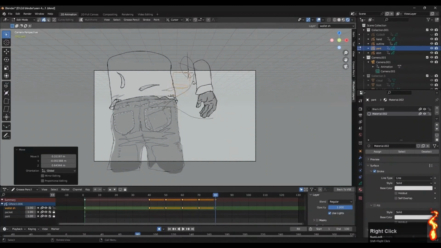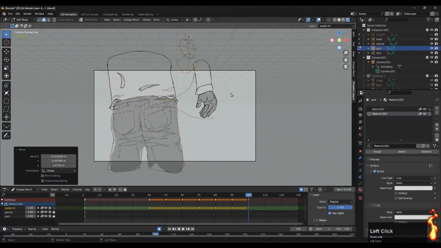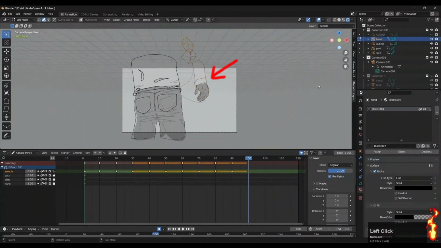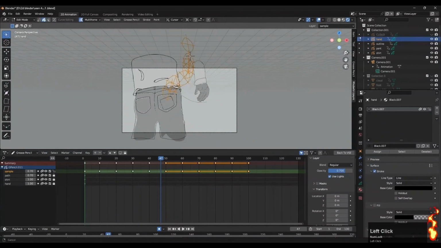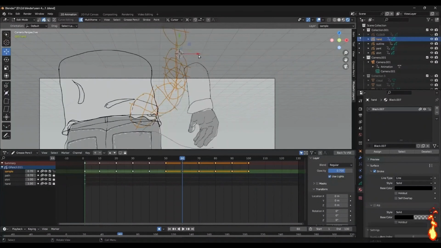I animate the wallet same as before using GSR: free move, scale, rotation. This circle is a reference for a hand to grab this wallet. Using the multi-frame option to edit all at one time. I move the frame in this path.